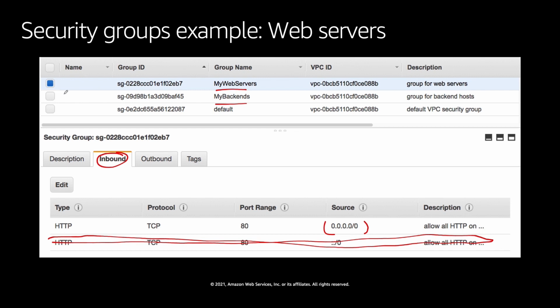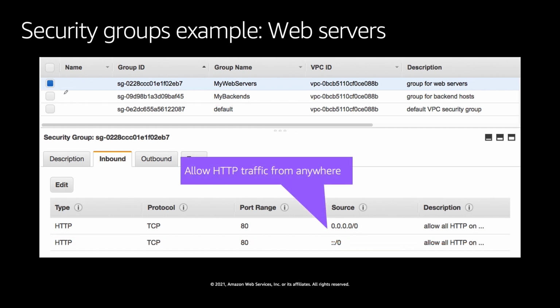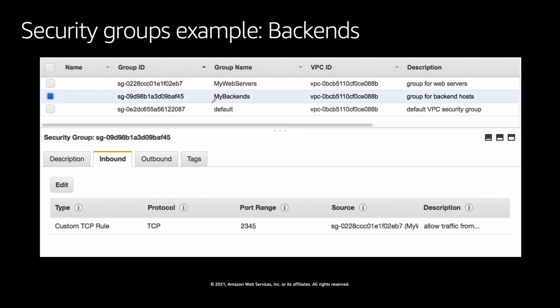But now when you look at the backend security group, the inbound rule is a little different. In the inbound rule, we have custom TCP, and here we are not defining any address, but we are giving the ID of the security group.